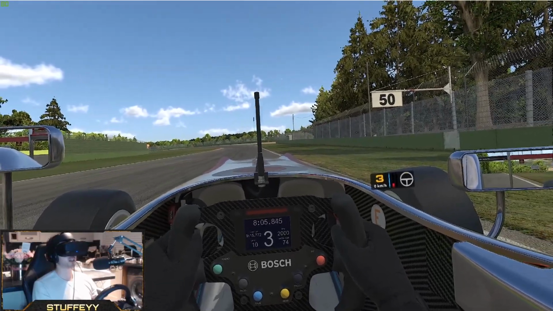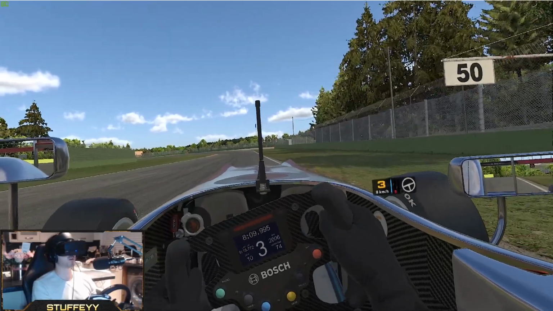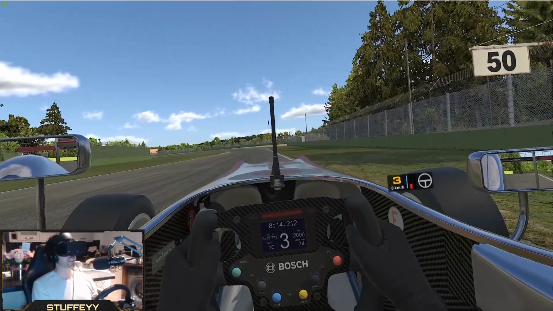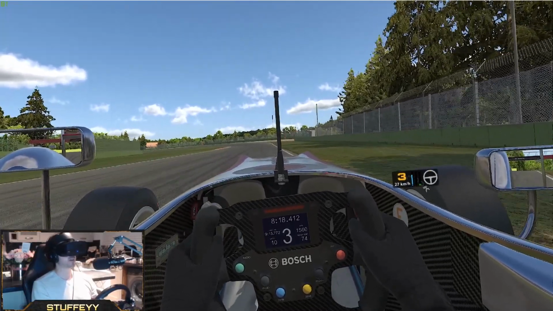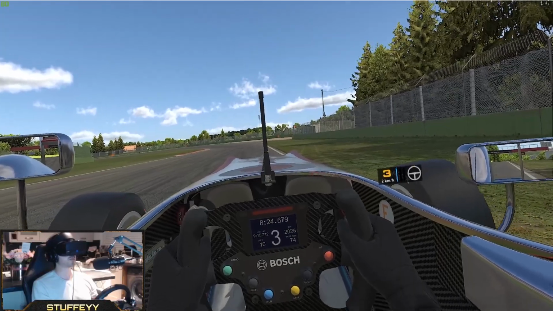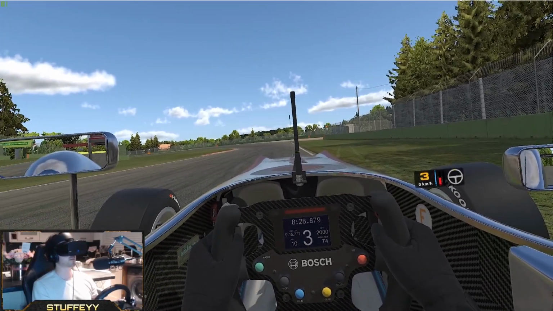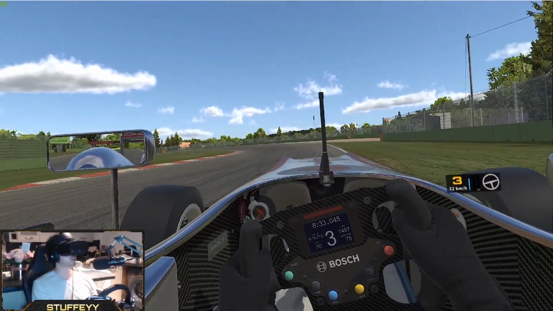Now on the right hand side, if you can see, just past the 50 ball marker, we've got 3 sets of shadows of trees. Now this is a fast left-hander. We'll be in 5th gear at this point, and we will be braking on or just before this middle shadow, and we'll be giving a slight dab on the brakes, and we'll be shifting into 4th,